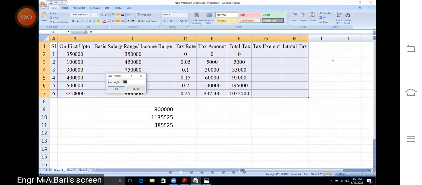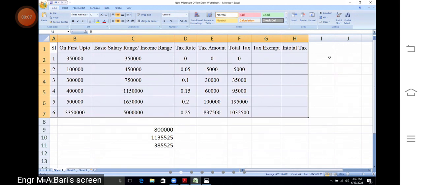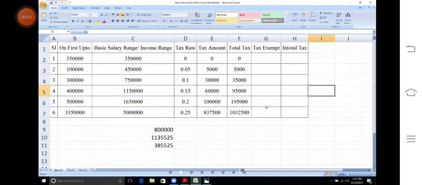And the row height, if you give it suppose 20, it will automatically go down. Okay, so finished it? Yes or no in total? Now, then we will go to the tax exam, because the amount